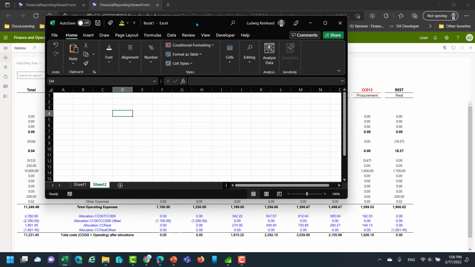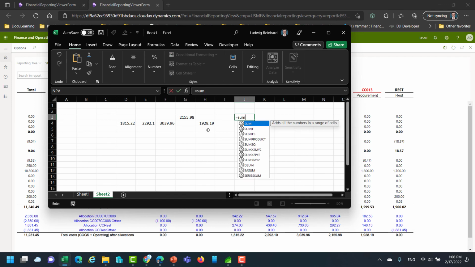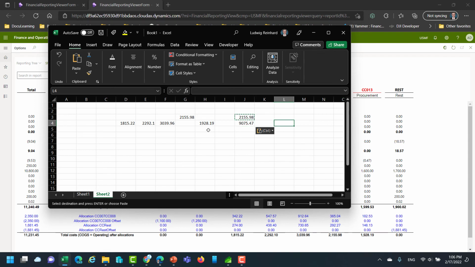And now what we are doing is we just calculate here the cost center costs of the main cost centers. Then we have 3039.96, then we have 2155.98, and then we have 19, 28, 19. So this is cost center 9, 10, 11, 12, and then we have here 13. And what I want to calculate is the cost from cost center 12 to the other ones. So I build the sum here. And then also here, and if I'm doing this correctly, then we should see a ratio of